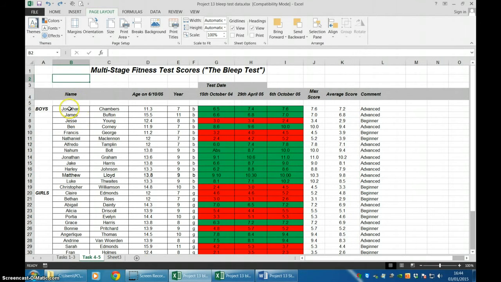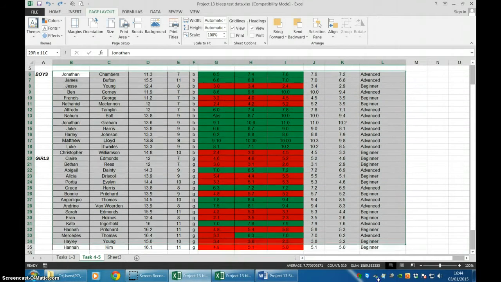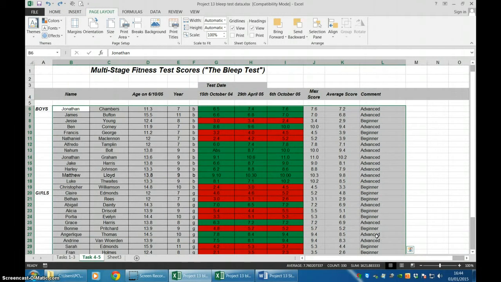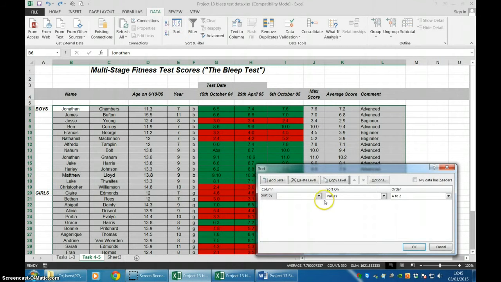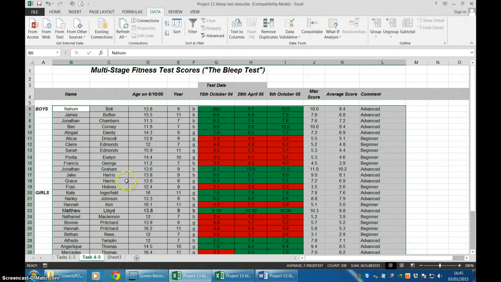Well, to do a simple sort on all this data, we need to highlight all the data, and I'd like to get it all into alphabetical order, and we're going to need to go to the Data tab, and you'll see here that you've got Sort, and I've highlighted the whole area, and I click on Sort, and we're going to sort by a particular column, and I think I'd like to sort by column, well, C would be by surname here, and that might be the best thing to sort it on, so it's C. So it's A to Z on the values in C, and if I click OK,